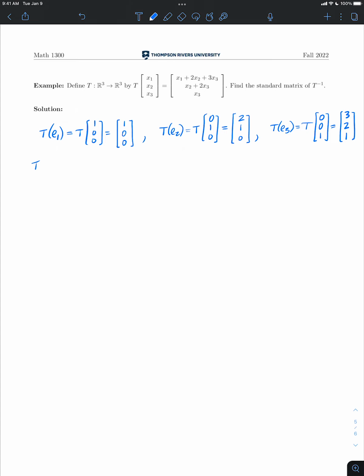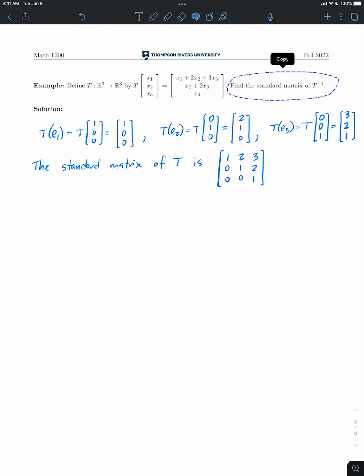So that means the standard matrix of our transformation T, I'll just use the word "is" because I'm writing this as a sentence, so put these columns together: 1, 0, 0, 2, 1, 0, and then 3, 2, 1. So that is the standard matrix of our transformation T. But that's not what we were asked for. We were asked to find the standard matrix of T inverse. So if we want to get that,